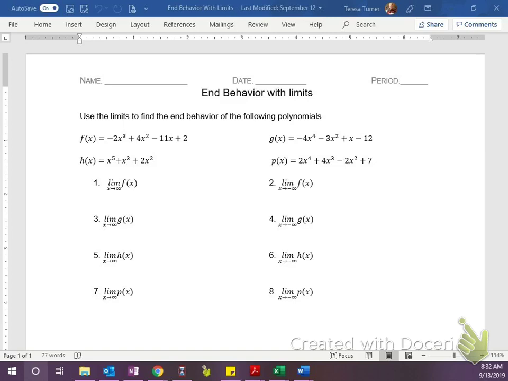In calculus, a lot of what you deal with is talking about the limits. What are the limits of this function? So this is your first experience with it. We're going to use limits to find the end behavior of these polynomials, and then we're going to compare this to what you did on the discovery sheets and the math lab that you turned in to me today. So when dealing with limits, what we do